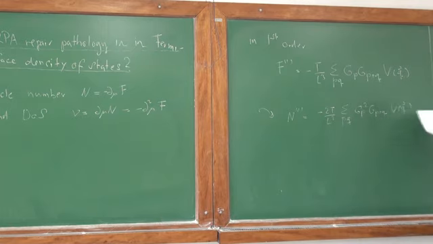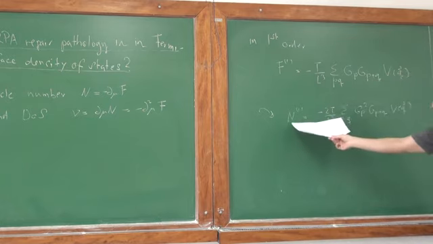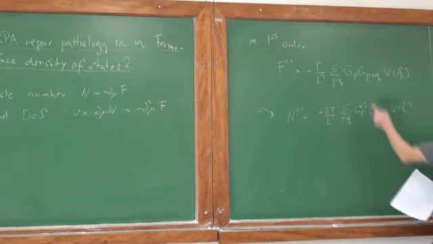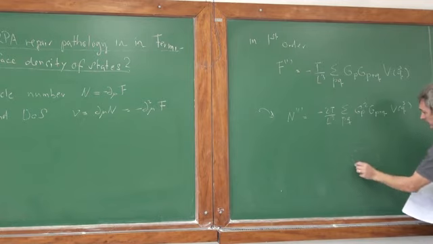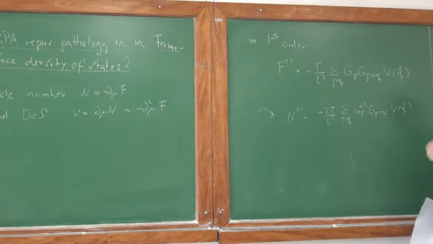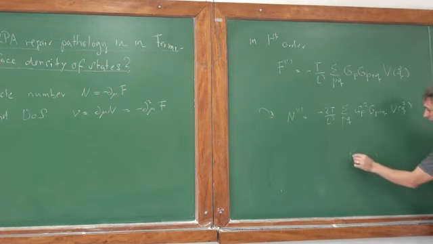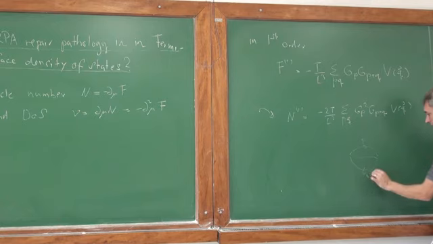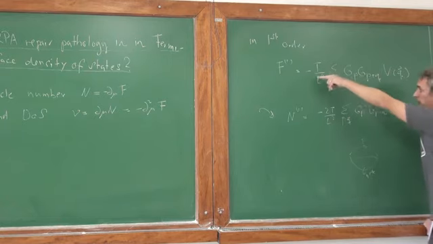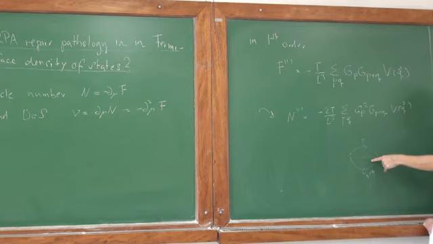So let's make a diagrammatic picture for the particle number. Up here was the free energy, which is something like two Green's functions and an interaction potential, with momenta P and P plus Q. So this is a diagrammatic representation of the first correction to the free energy with this wiggly line,